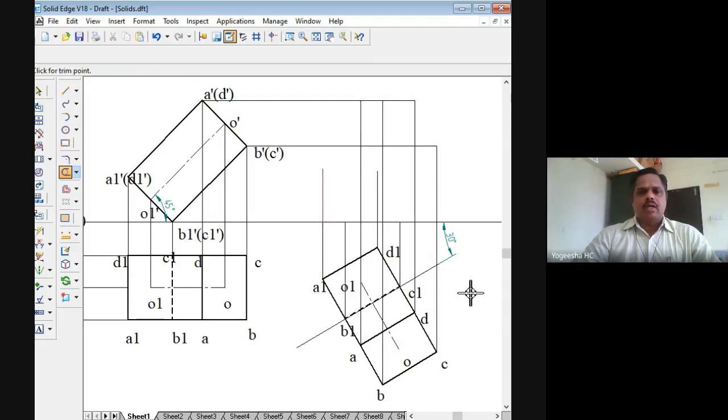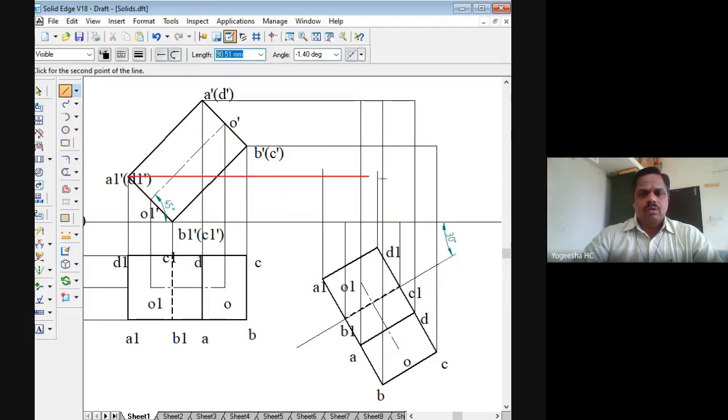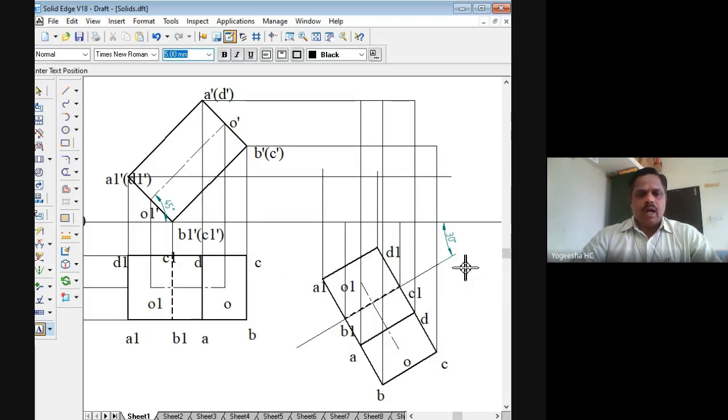So the points I have marked here, A, B, C, D, we have marked here. Similarly, from A1, I'll draw the horizontal line here. So I will join full up to here like this, right? So that it will be clear, right? So I'll mark the points now. Projector line drawn from A1 and A1 dash. So this point is A1 dash. And projector line drawn from B1 and B1 dash. Here is the point B1 dash, right? Projector line drawn from C1 and C1 dash. So this is the point C1 dash. Projector line drawn from D1 is here and D1 dash. So this is the point D1 dash.